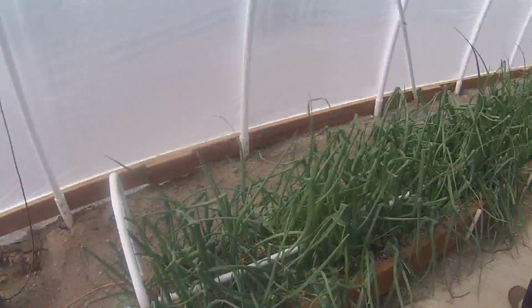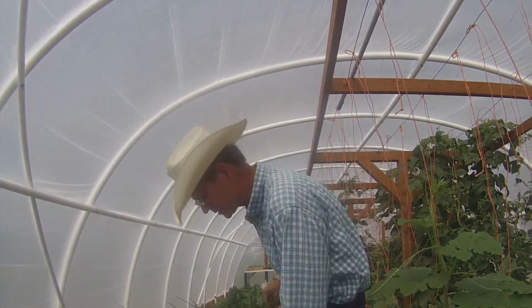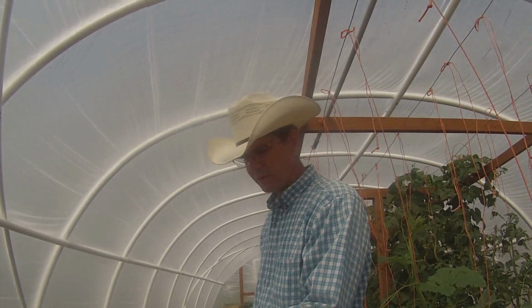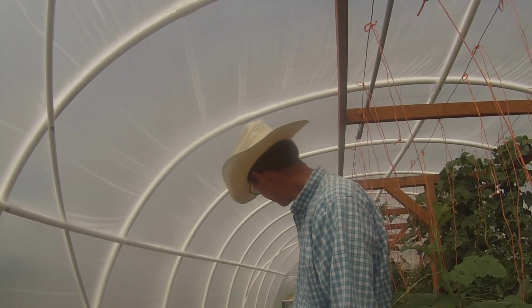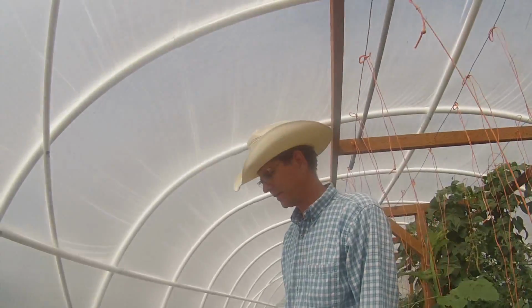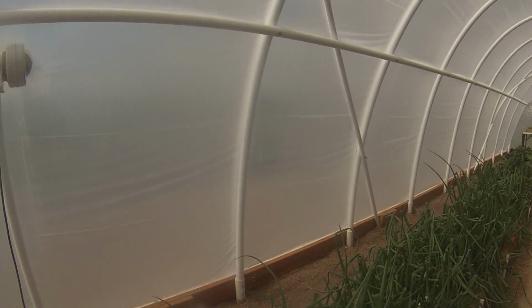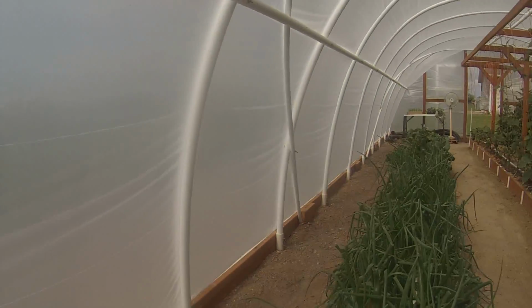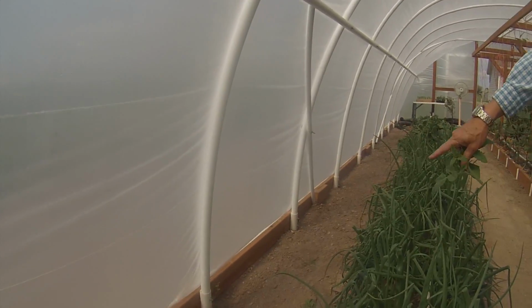And do you come in and rake to keep weeds down, or is your foot traffic enough to keep your weeds down? I will get weeds right here. So what happens is 1 minute a day, it will saturate the soil and any extra water will come out at the bottom. And so that's usually moist around the edges, and that's where the weeds are. But right here... Because you're walking on it... It's too compacted. Yeah. And over here, occasionally we'll get some weeds where we don't walk, and I just hit it with the Kenyan two-way hoe, and that takes care of it too. Well, and because you don't have a huge amount of water in the system, they have to go all the way from outside to get over into your bed. Yeah, you notice where they are. They're right where the